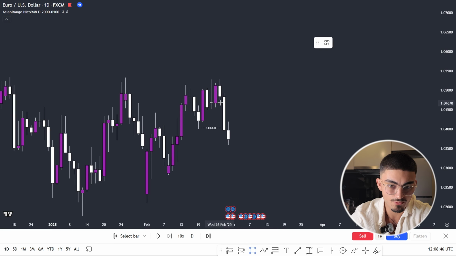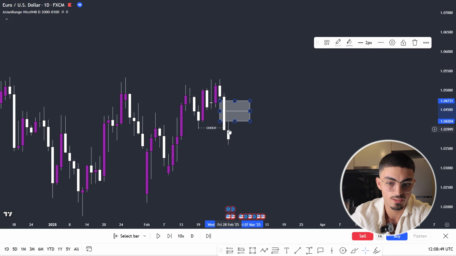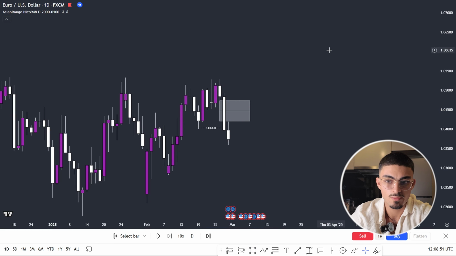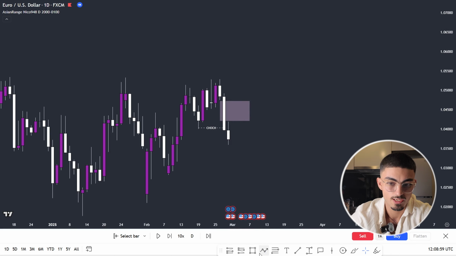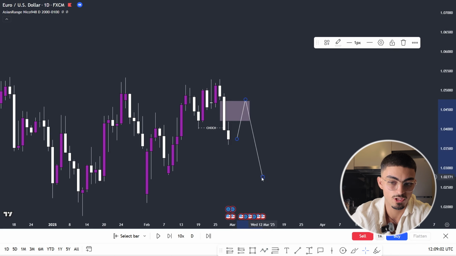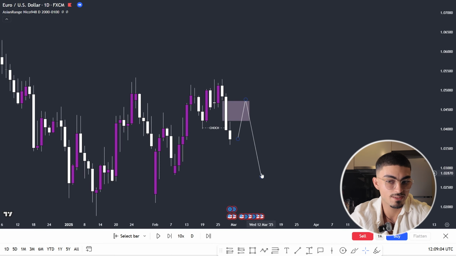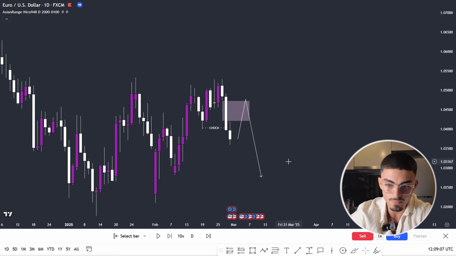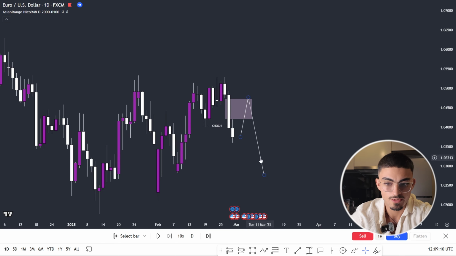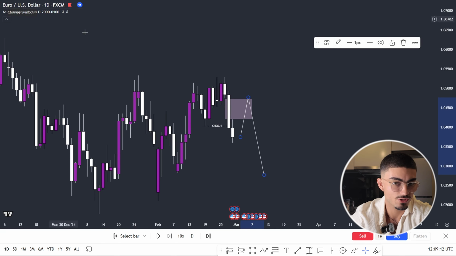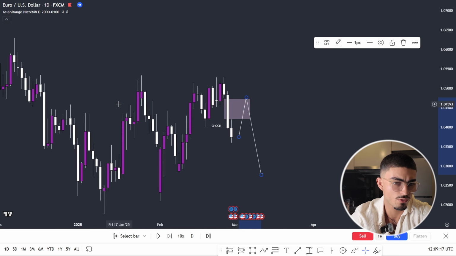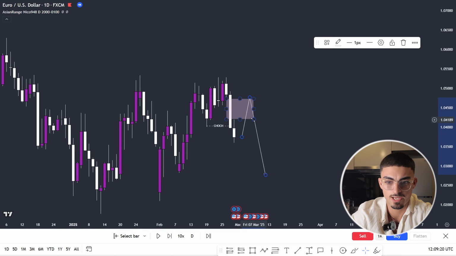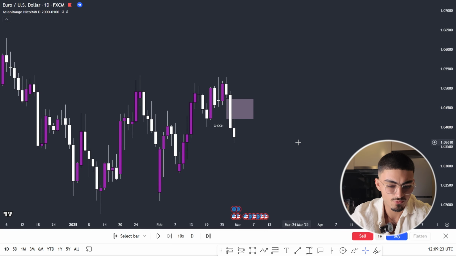Now, on the daily time frame, I identified that we had this fair value gap here. Okay, so I was thinking, you know what? Maybe what we can see is price come and fill this fair value gap maybe on Monday or Tuesday. And then, like I said, once it's filled it, then continue going lower. So that was my thoughts for analysis for this week here, okay? Now, I've just realized I'm actually on Euro USD accidentally. I should be on GU because that's the only thing I trade, but for some reason I'm on Euro. But the same concepts apply, okay? So that's what I was looking for, something like that.